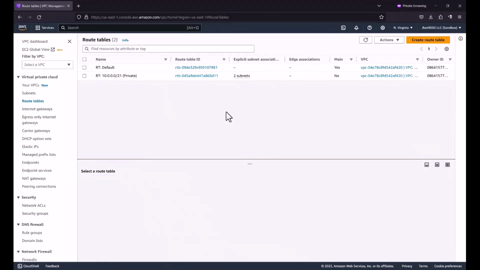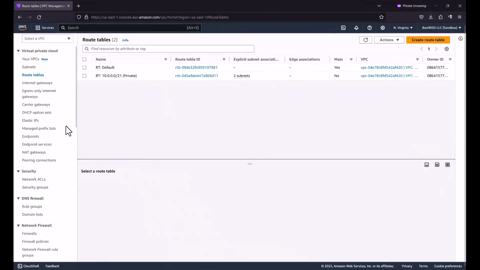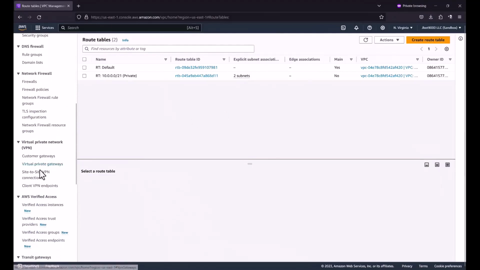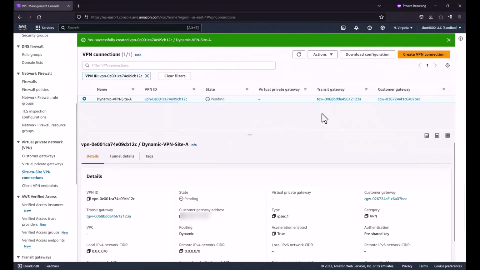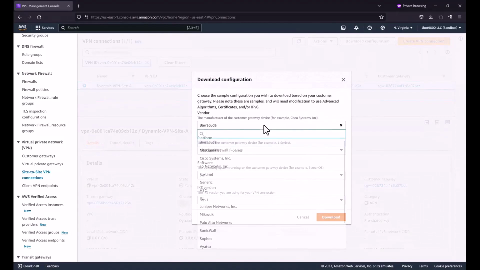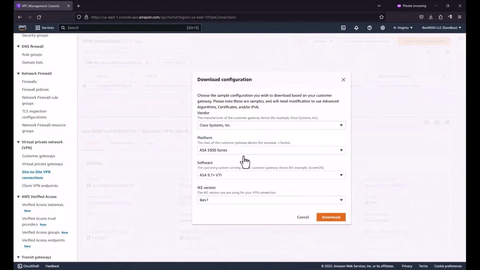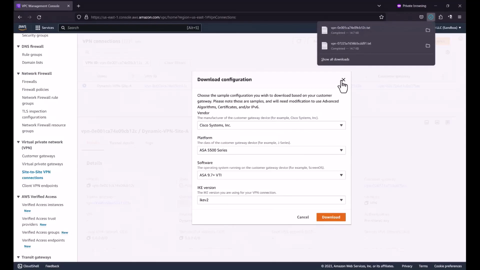Let's navigate back to site-to-site VPN connections. And we see that the VPN is still pending. It can take up to an hour before it gets created. So let's download the configuration by clicking the Download Configuration button. I'm using a Cisco Firewall, so I'll select Cisco Systems. ASA 5500 is good. VTI is good, and I'll select IKE version 2. Select the Download button,